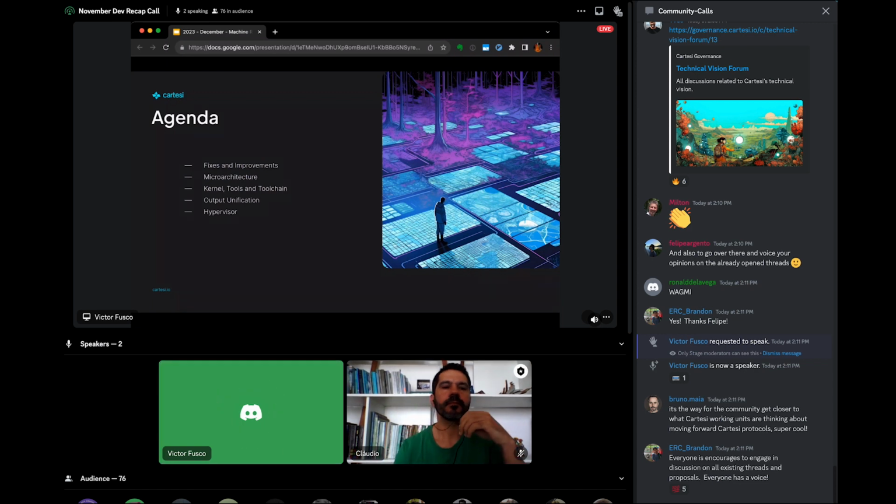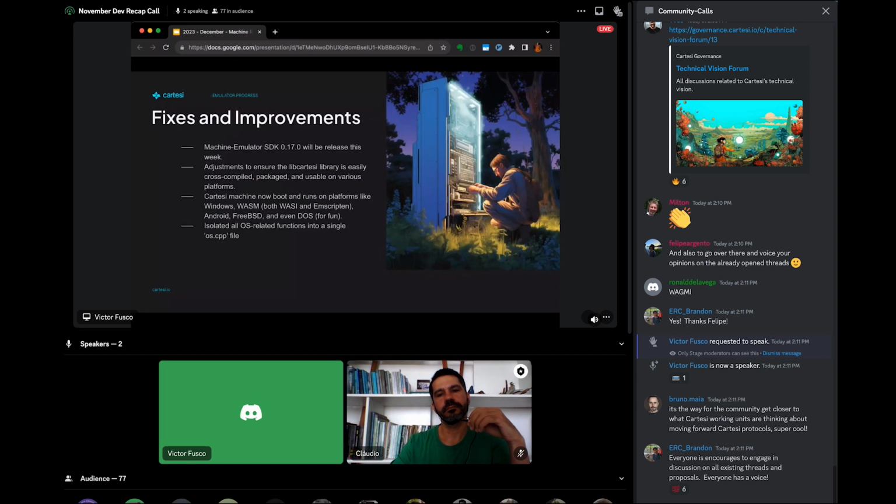And there are these two tests, the output verification and the hypervisor, that are not going in this release, but they are being worked on at full speed. Okay, to start with the fixes and improvements, we have the machine emulator SDK coming this week with a lot of improvements.